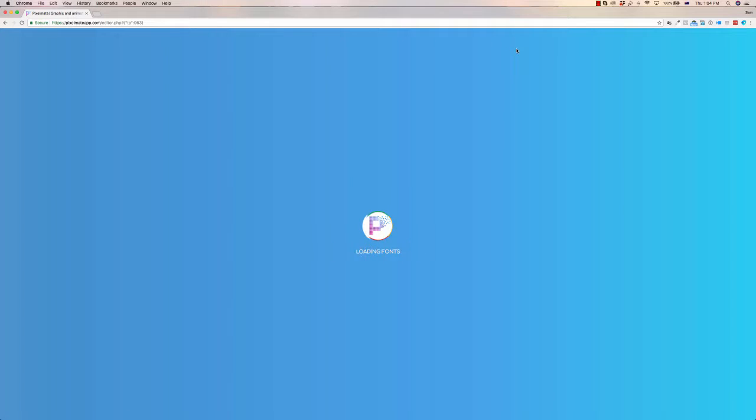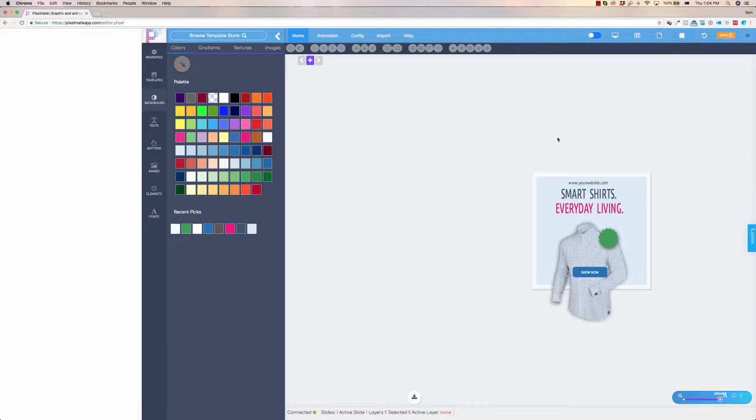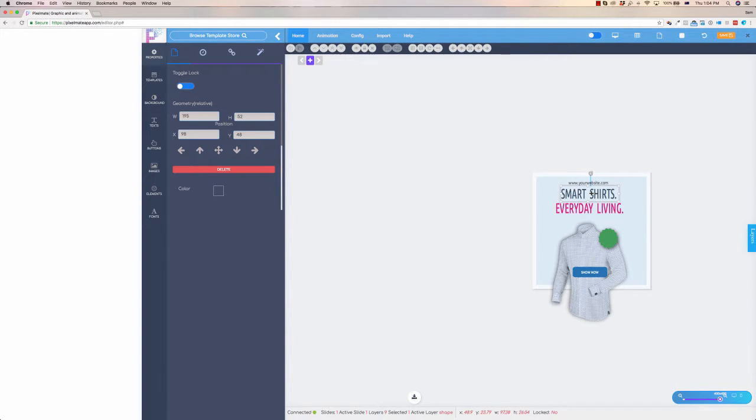Let's edit this one because it will be a good example since it's got lots of animations. So it's loading up the editor now, loading up all the different fonts, and it is already done. It's got the image there. Now, it's pretty simple. It's a case of just clicking. You can drag, you can move. So if I double click this and I write in demo shirts,